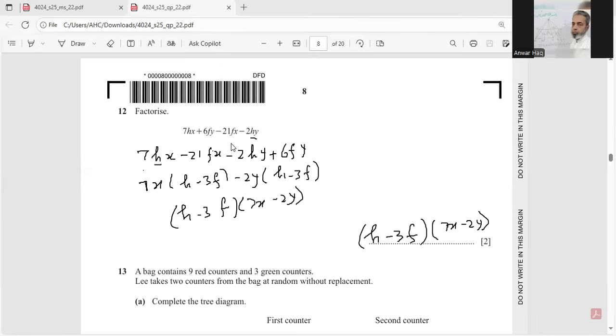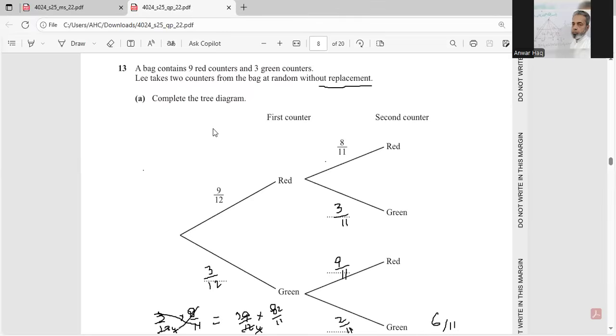In question 13, a bag contains nine red counters and three green counters. Lee takes two counters from the bag at random without replacement. This means that she will not put back. So if we take first red, then the second will decrease one and one from the total. So here you will write 3 over 11. Similarly for this, if he took green first, so 9 will remain as it is, but green will change,